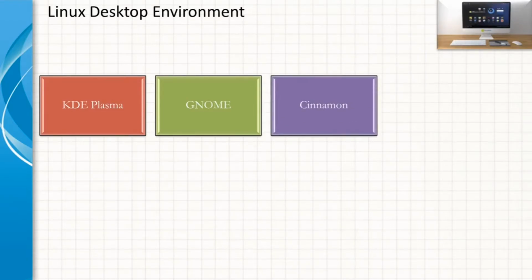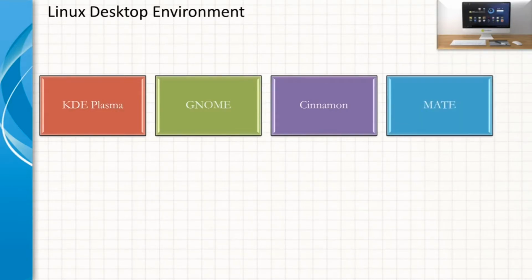Next is Cinnamon. Cinnamon is a Linux desktop which provides advanced innovative features and a traditional user experience. The desktop layout is similar to GNOME 2 with underlying technology forked from GNOME Shell. Cinnamon makes users feel at home with an easy to use and comfortable desktop experience. Cinnamon is distributed under the terms of the GNU General Public License version 2 or later.